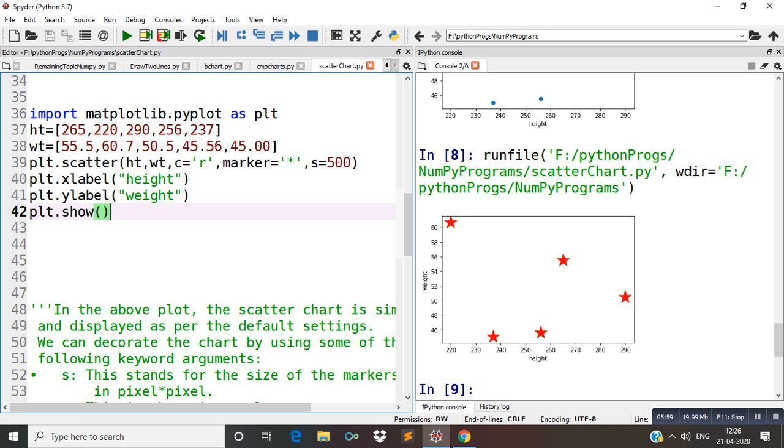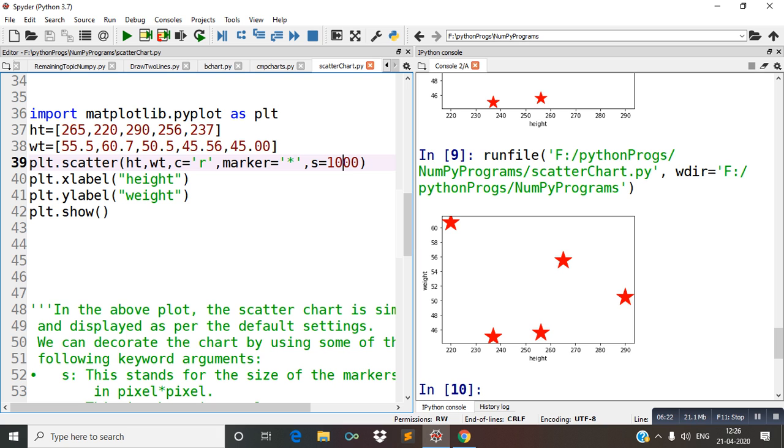If I change this value 500 to 1000, then you can see the size of the stars increased in pixels. Now you can see the increased size of the asterisk stars.